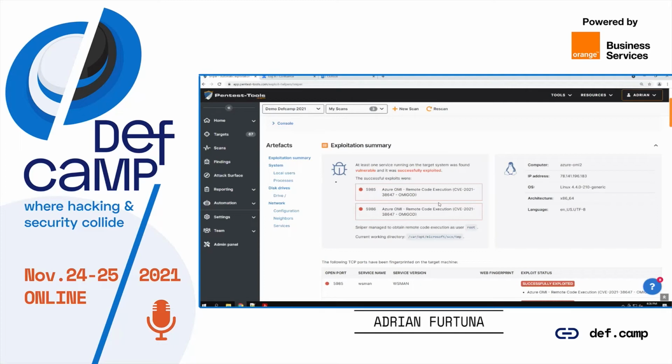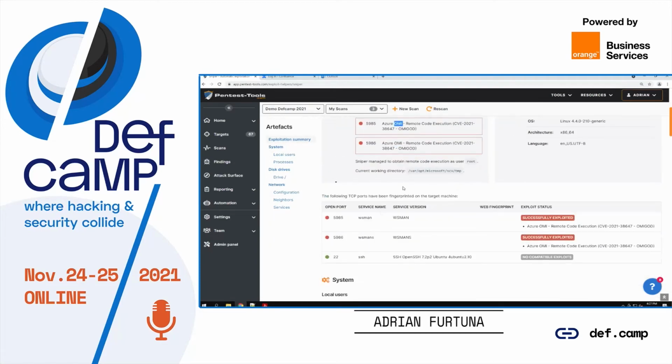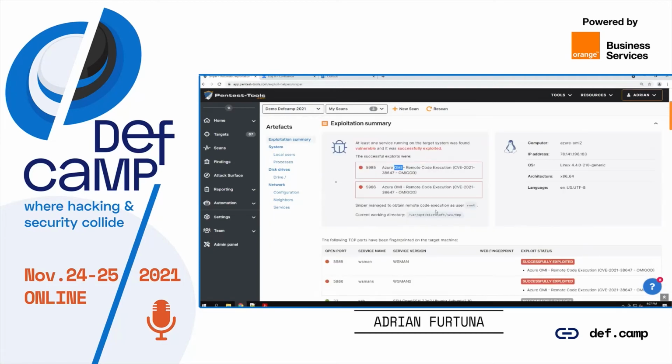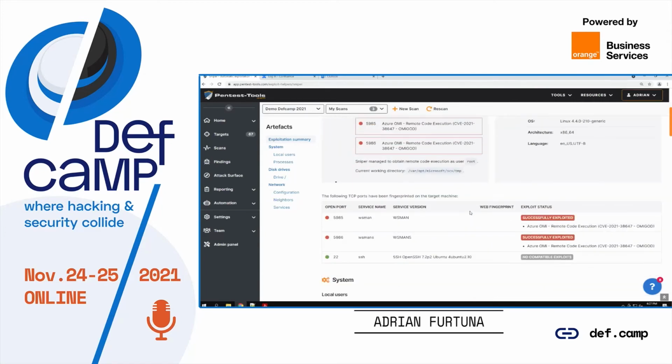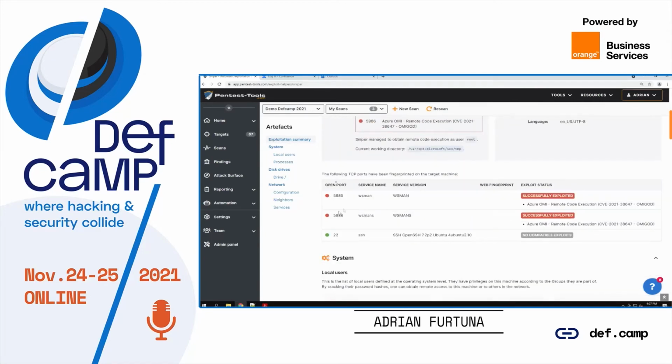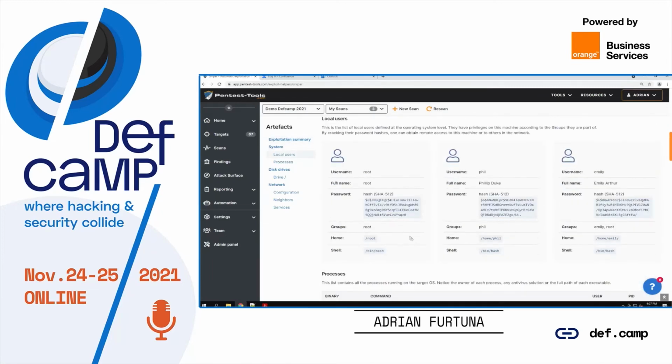If you were deploying a Linux machine and you were enabling some Azure services on it, then Azure would push that agent automatically to your cloud server. And this agent, OMI, was actually vulnerable to remote code execution and would give any attacker root access to that server.